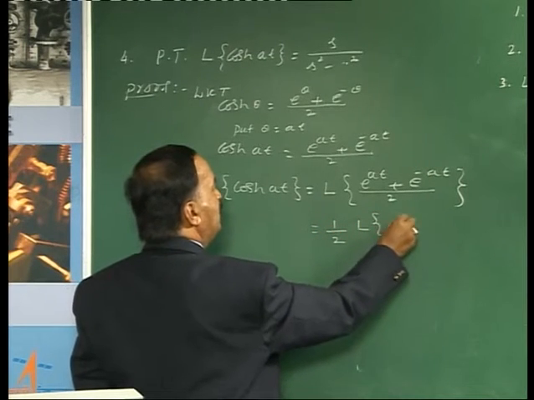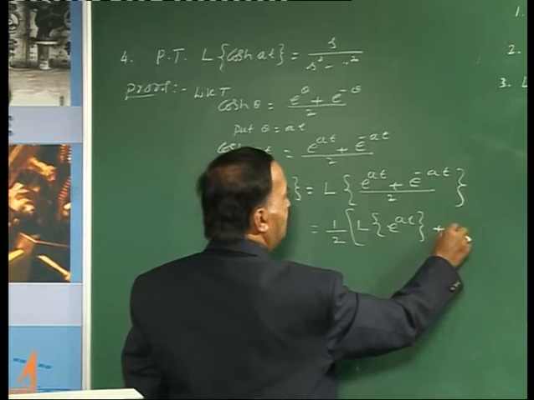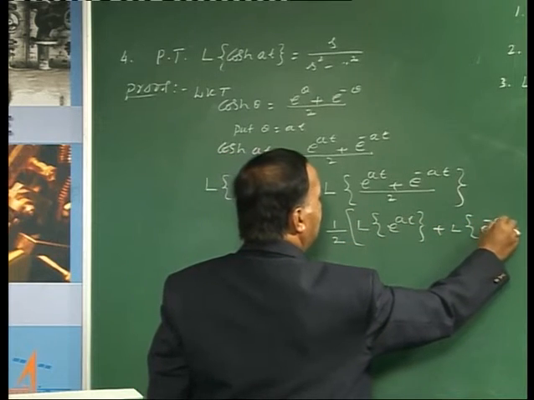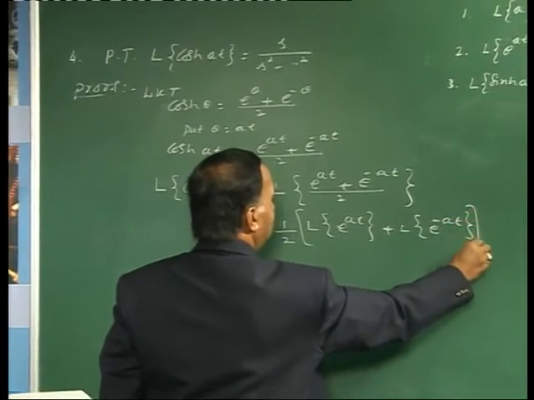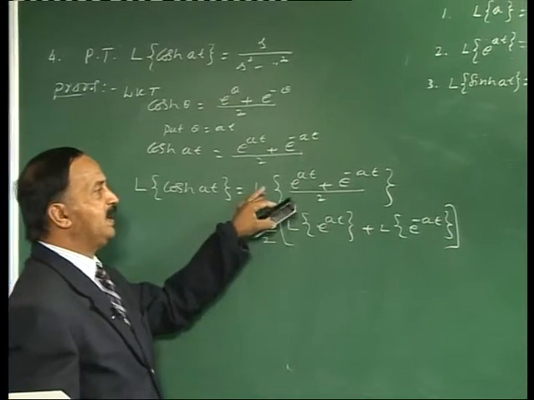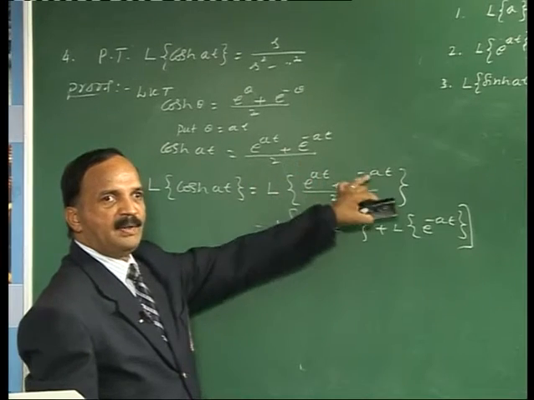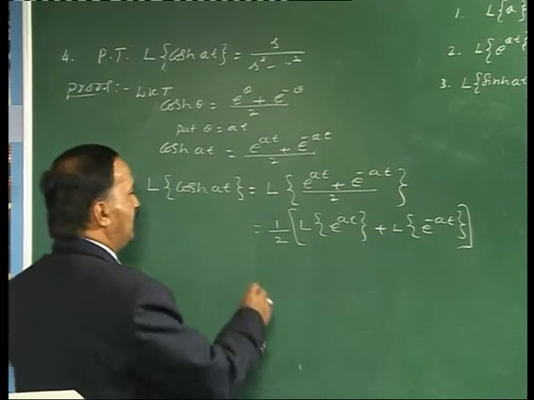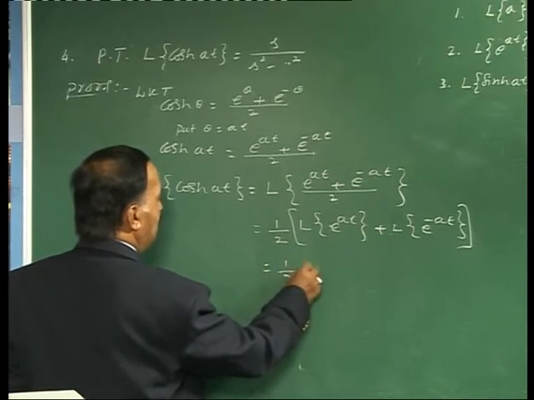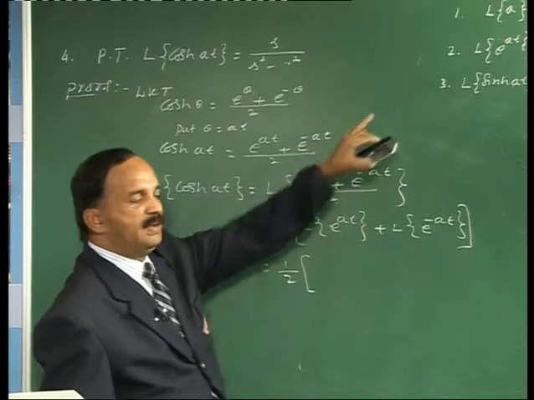The remaining is L of e to the power of at plus L of e to the power of minus at. That is equal to 1 by 2 into, again by using the second result,